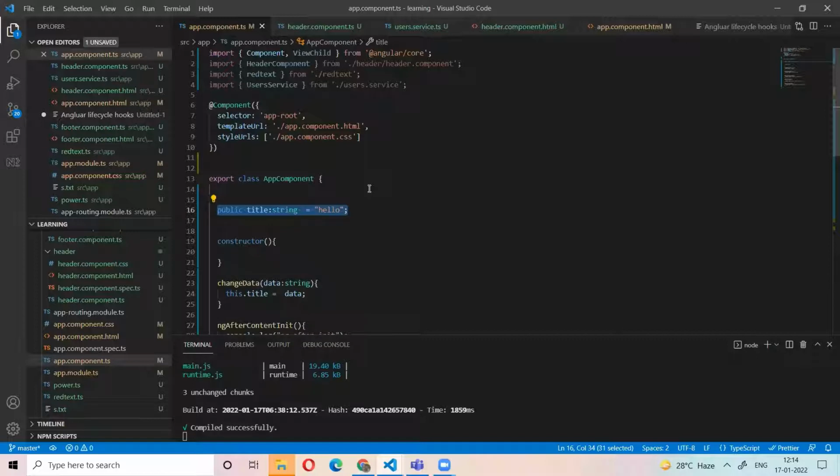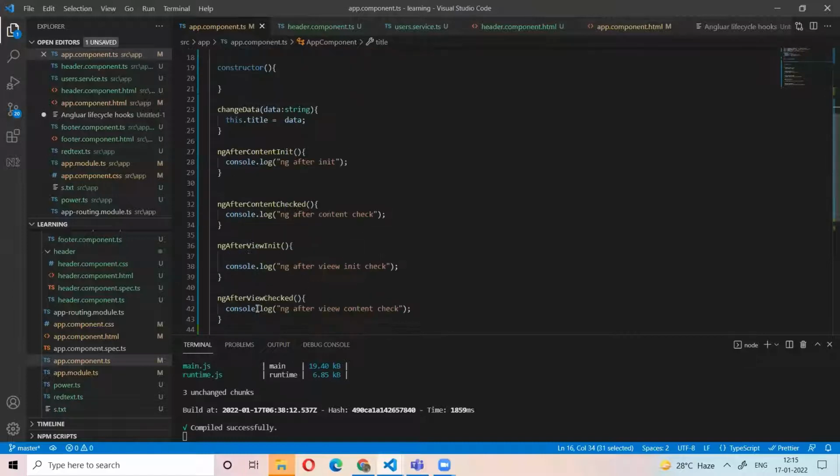This component will be gone, but still the data is in memory. We are not using that component now, but still the data is in the memory. So that's why before destroying the component, that means before going from one component to another, I need to reset all the variables.